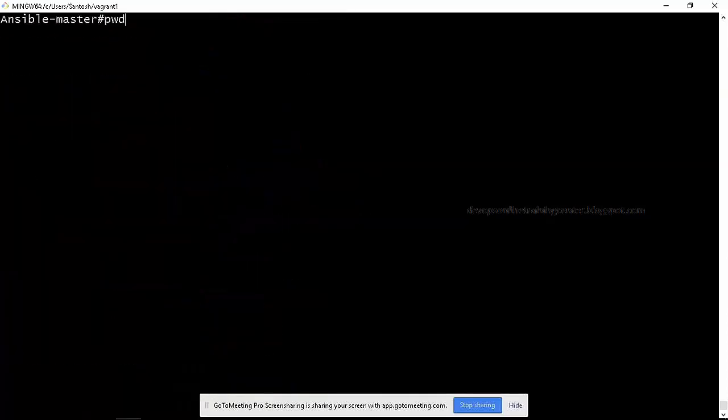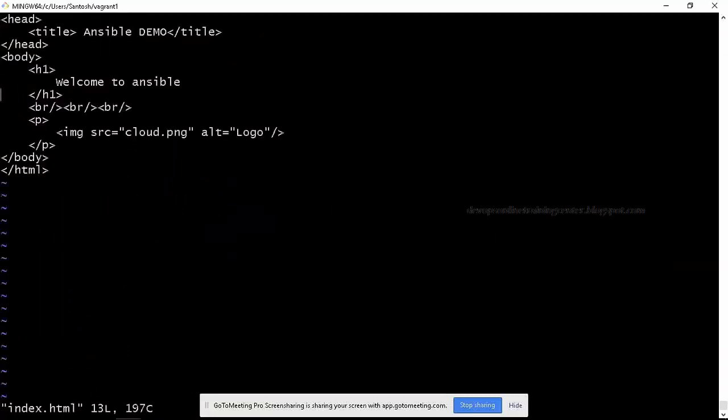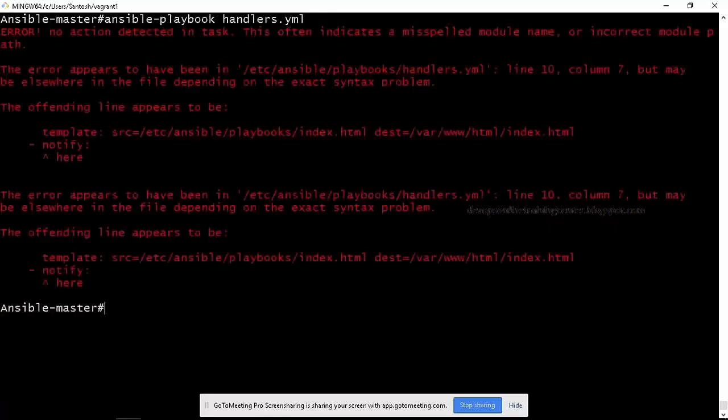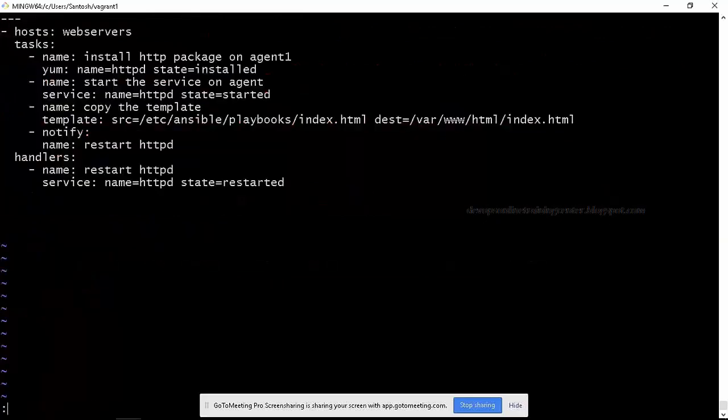So we'll modify something in the index.html. So I'll say, welcome to Ansible 1. Something I have given so that there is a change. So ansible-playbook handlers.yaml. Okay, there is a syntax error. What is that? Line 10. So there is a syntax error in line 10 and column 7. We'll see that. Go directly to line 10.